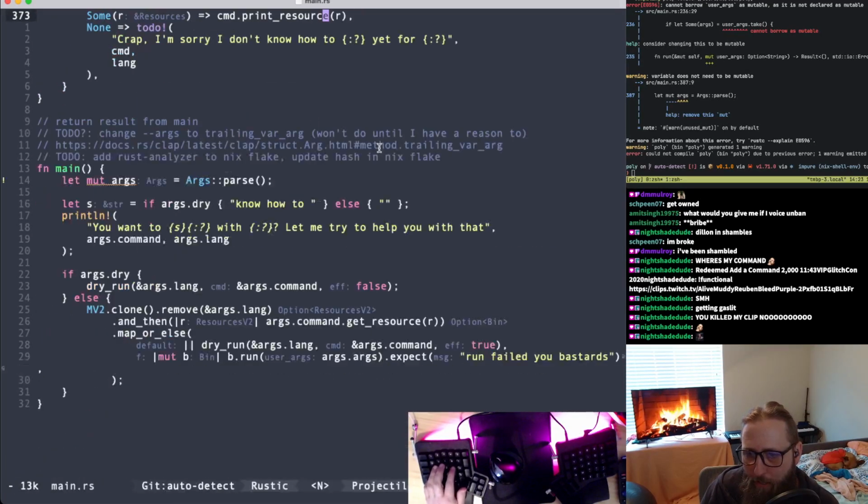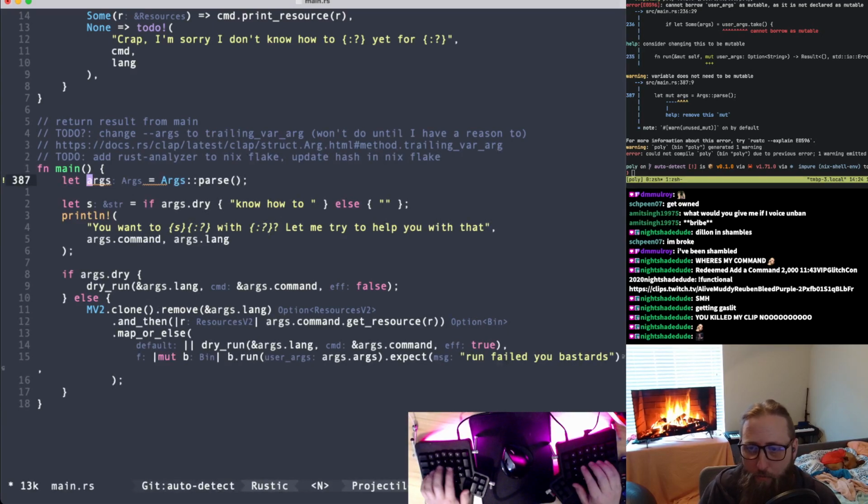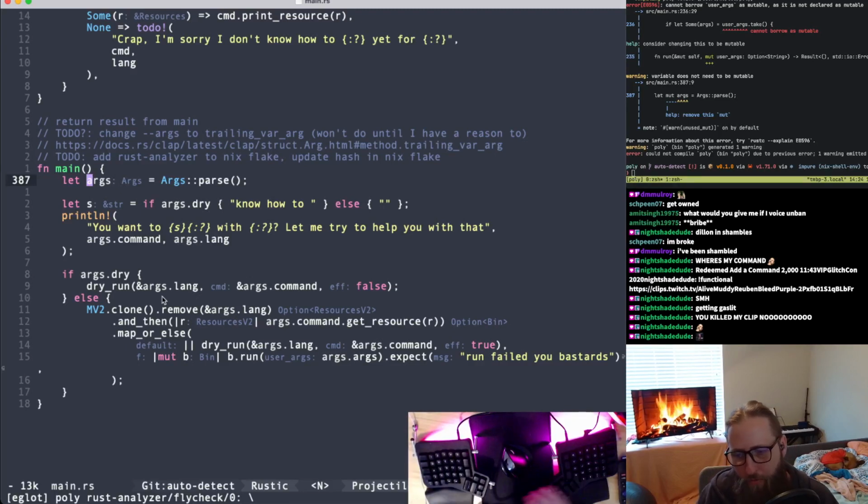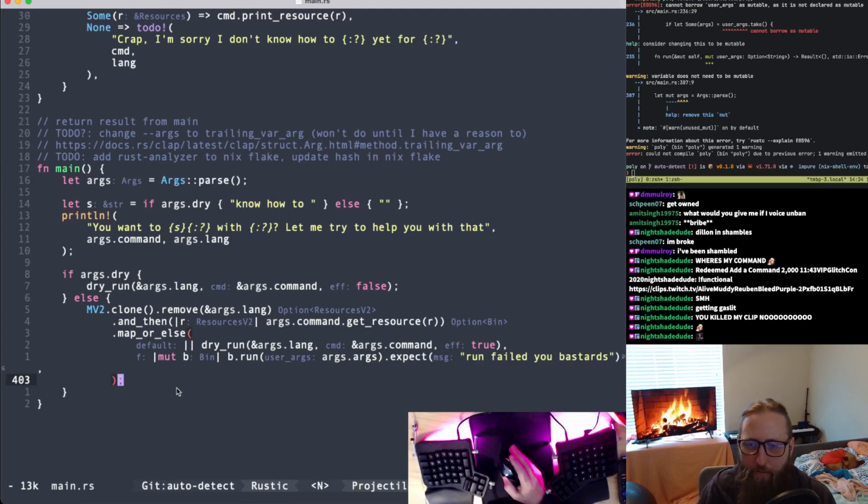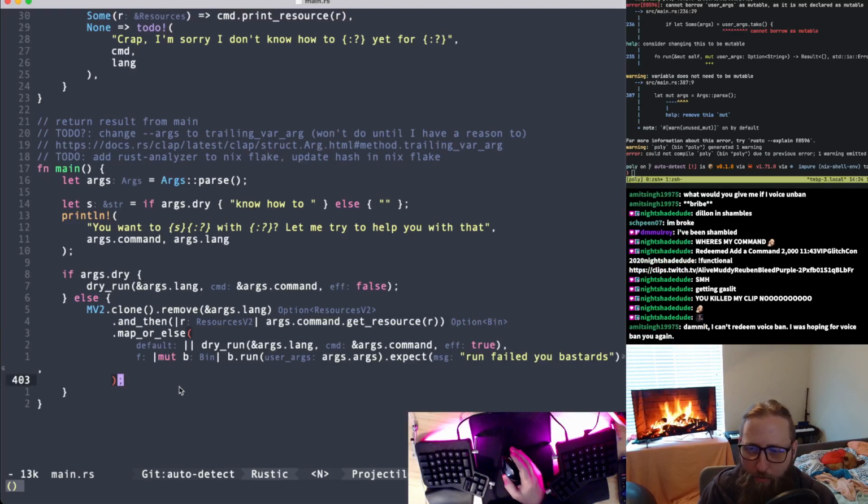All right, so we have this. It looks good. I think we don't need this mute. Let's think about this. Oh, we don't need the mute because we're actually not mutating anymore. We're just moving args, moving things around. It's really funny because when you're working on a more complex application in Rust,